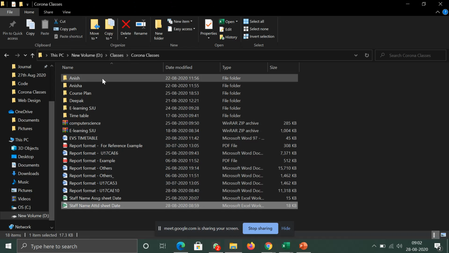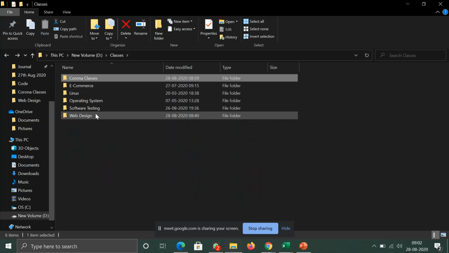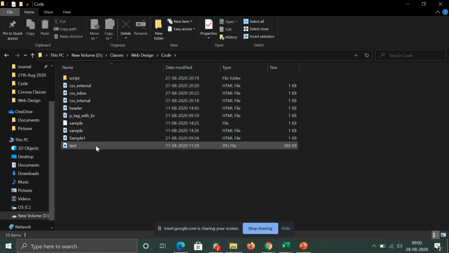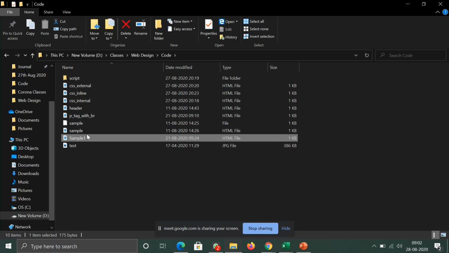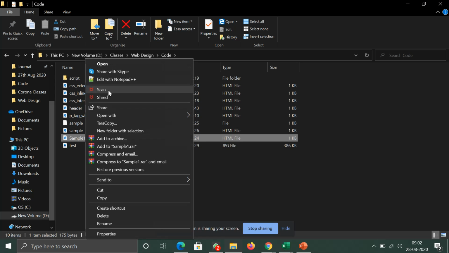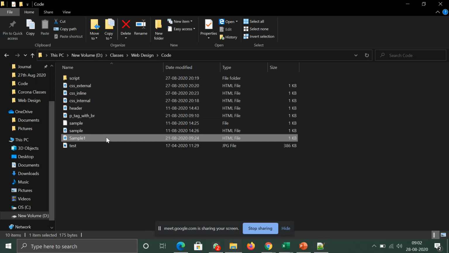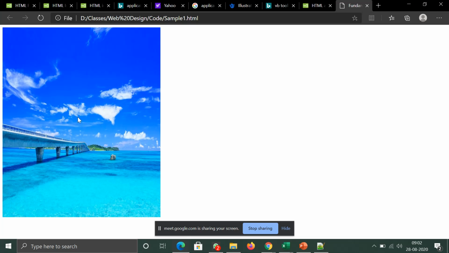So now, imagine, take any file that we did last week. This is a sample page with an image here.